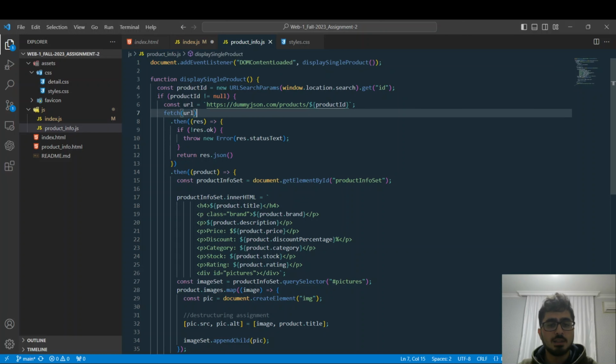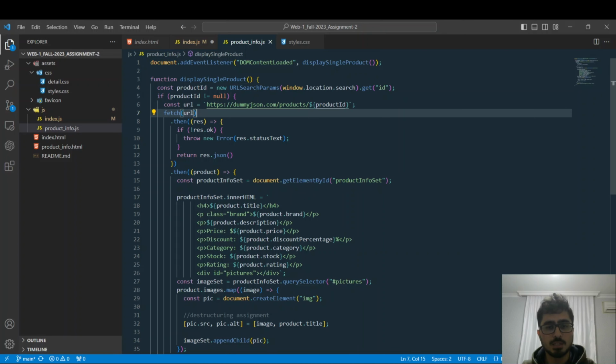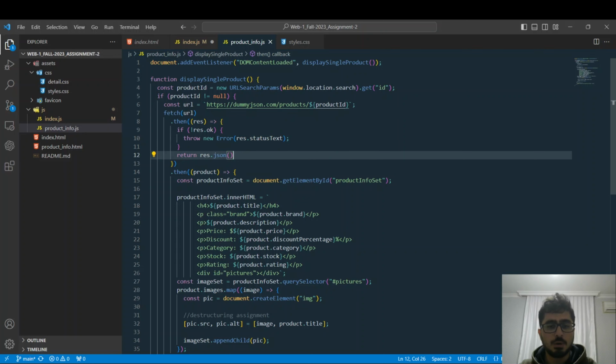And this is the fetch operation, as we discussed in the displaying elements part. I send a get request to this URL. I get the response. I check whether it was successful or not. If it's successful, I parse it to JSON, and then I get my product,